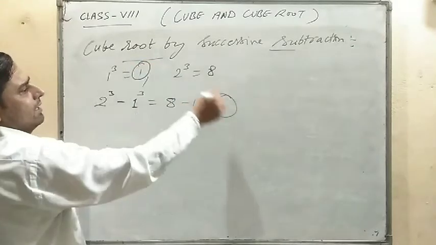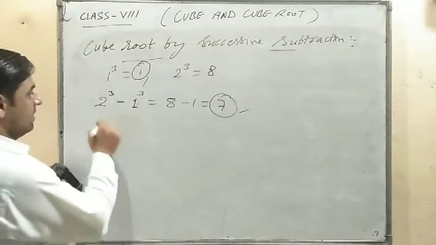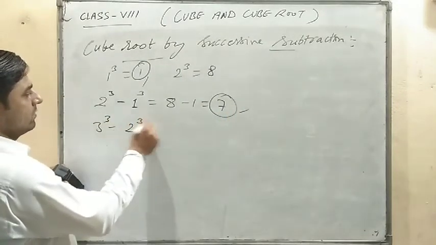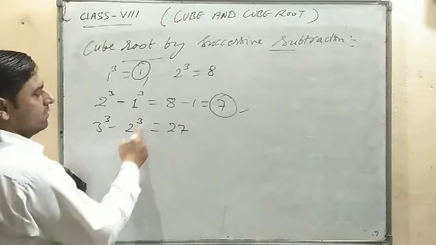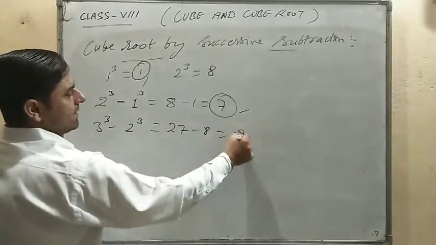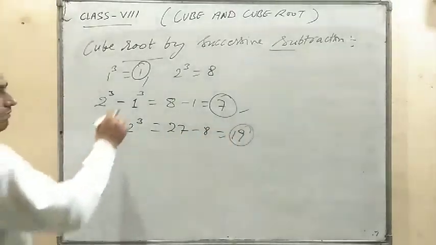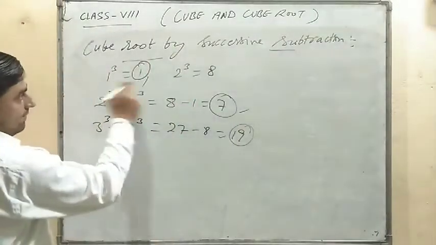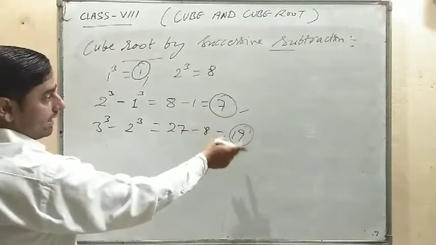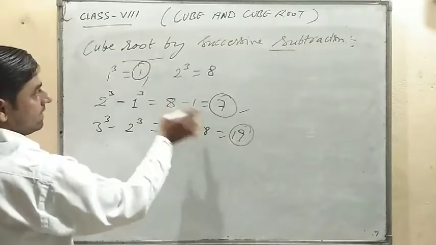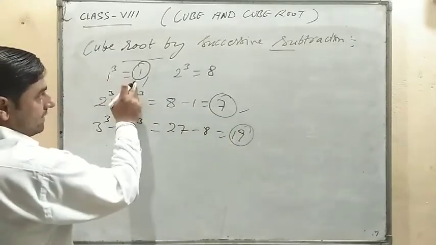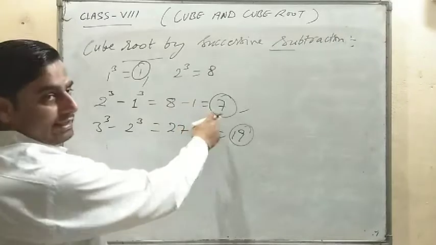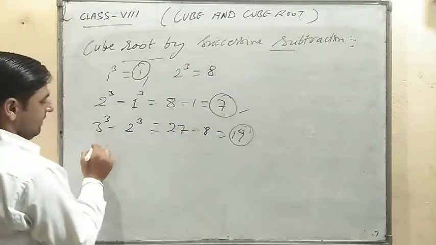First is 1, next is 7, then 3 cube minus 2 cube: 3 cube is 27, 2 cube is 8, so the result is 19. We have to count the steps. We subtract firstly 1, second 7, third 19, fourth,